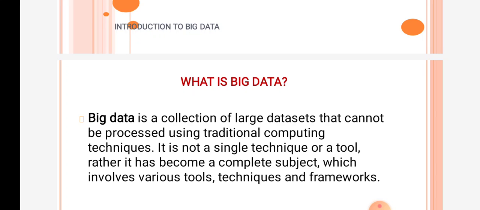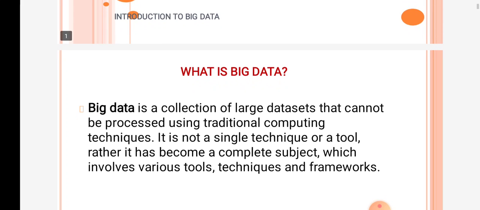So the problem is how to deal with that data as it is getting larger and larger. Capturing and maintaining a small amount of data is okay, but what if the file size increases per minute, per second, and the data rate grows by a very large amount? Dealing with that data and analyzing it, whatever methods and techniques we can apply, all comes under the category of big data.